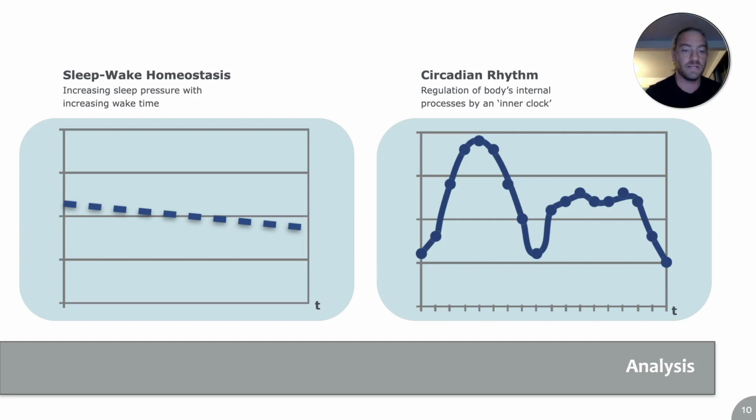And so here's how we analyzed the collected data. Remember, our intention is to see whether there are systematic measure fluctuations in our data that resemble those two processes, the sleep-wake homeostasis and the circadian variations. And so we fitted participants' raw data with those two models. First, the data is examined for a linear performance decrease during participants' waking hours, which is reflective of the homeostatic process. And then second, we examined the data for variability that is not explained by the linear performance decrease, and therefore that may be reflective of time of day dependent influences on performance, which are the circadian fluctuations. And so for this, we compared performance during successive hours.